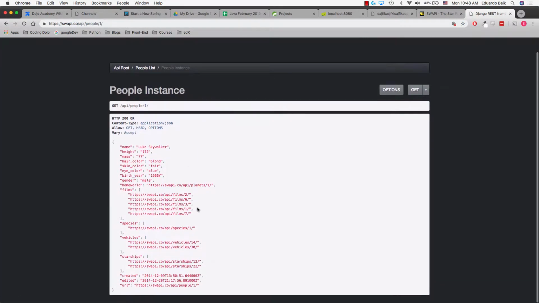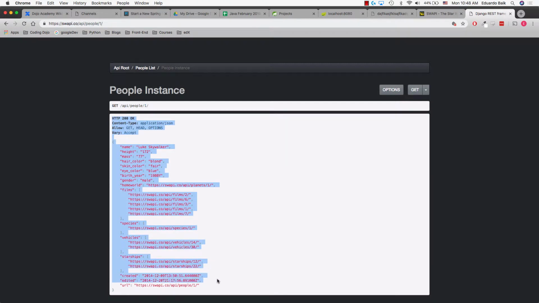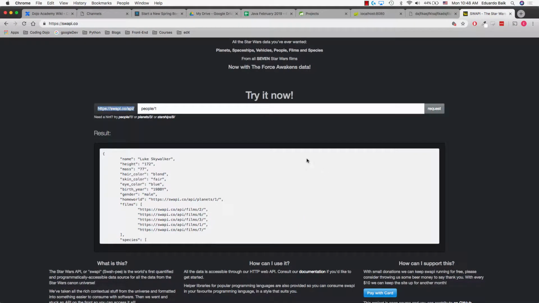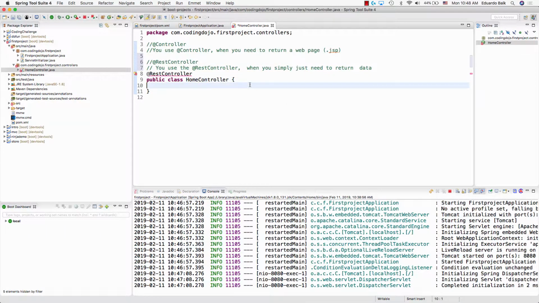Right, this is JSON. Sorry, they still gave a web page here, but this is JSON, right? What we see here. Okay, so they're sending back JSON. So whenever I want to send back JSON or just strings, for example, like how we did before,